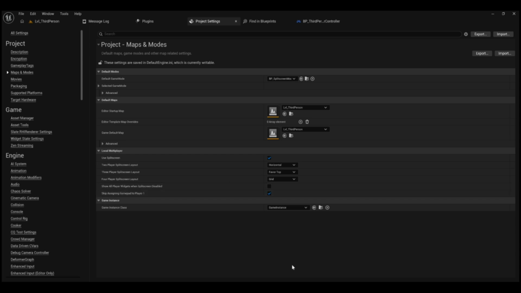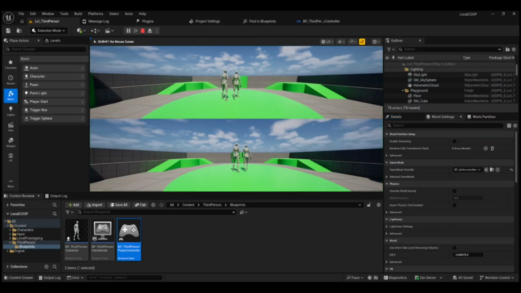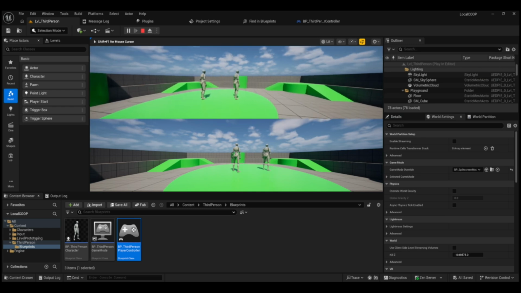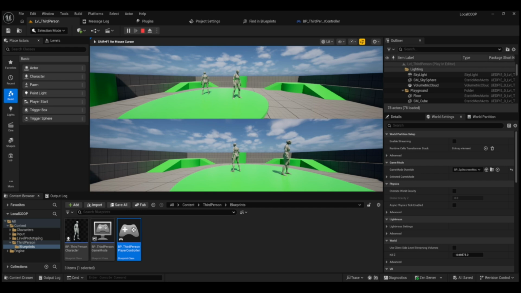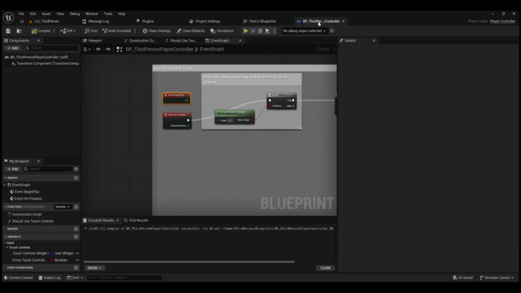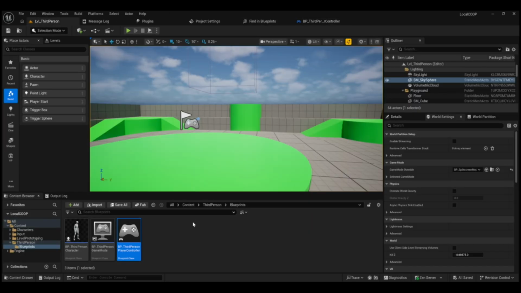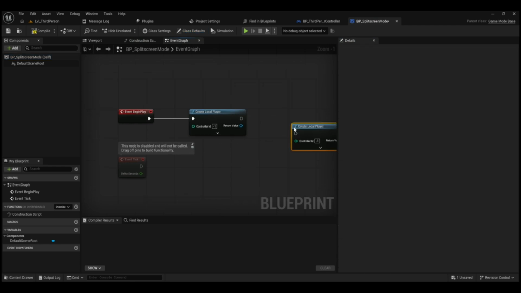Now, if you just click that and then go back to the level and play it, now I can use keyboard for player one and the controller for player two. But what also that means is that because I've got two controllers and a keyboard, if I then go, sorry, beg your pardon, go back into the game mode that we made right at the start, and just copy this create local player and paste it here and add it into the actual active blueprint, compile it and save it,